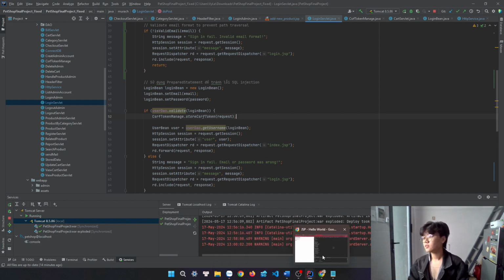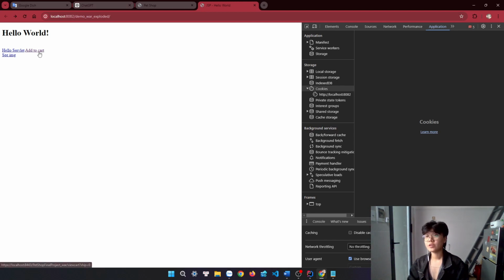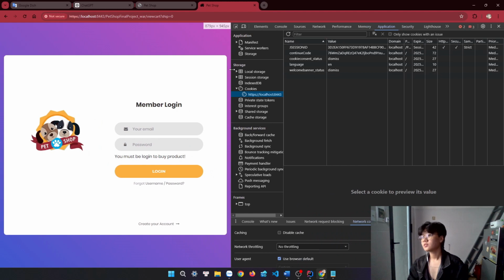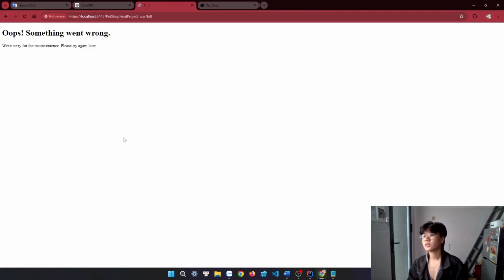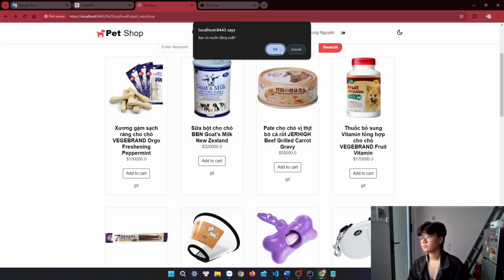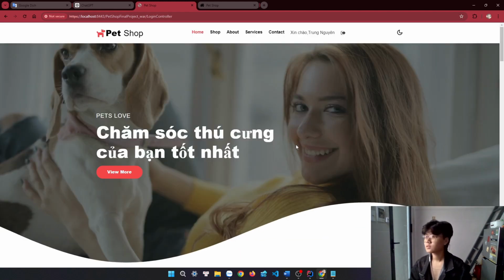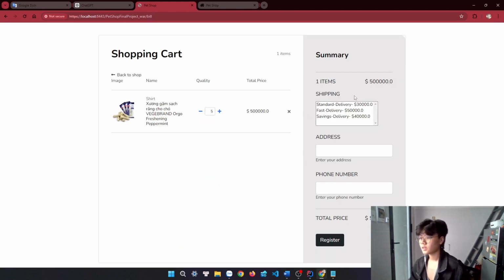Okay, you can see when we try to add the cart here, it only has a cookie session, cookie value, and in here when we add the cart, oh sorry, we try login again, and here, okay, and here you can see,